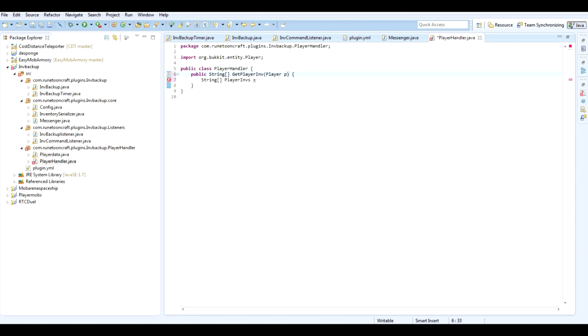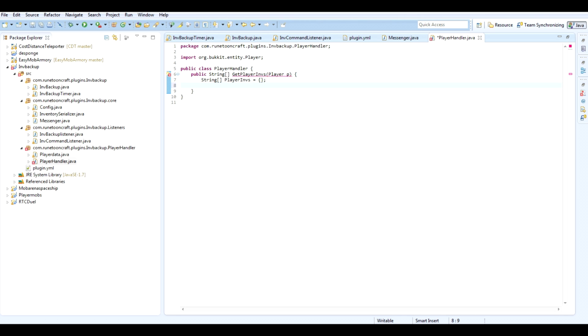So get player inv. We'll just do this for now. So anyway, string player invs equals new string collection. No, wait, I think we just do this. Alright, so that creates an empty player inventory string collection, and then we can do